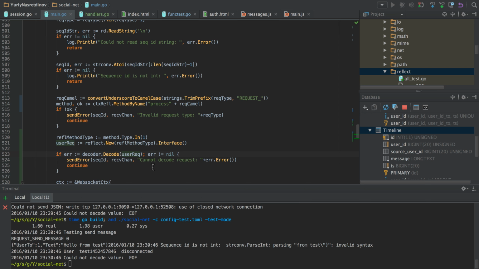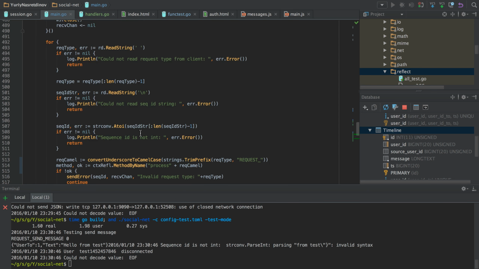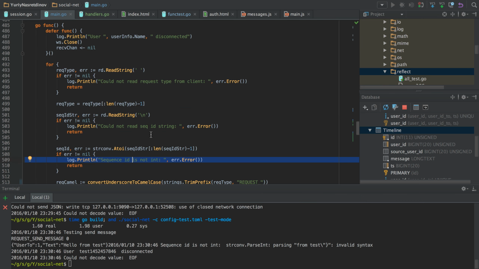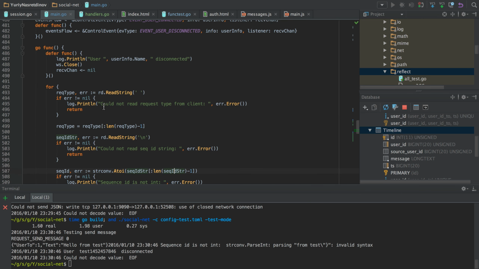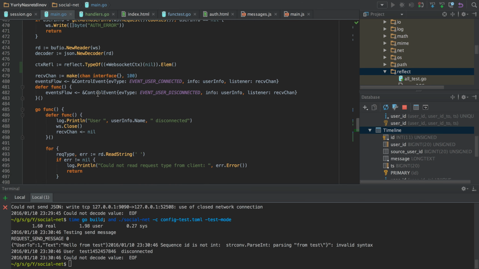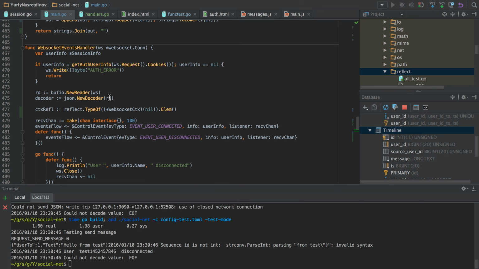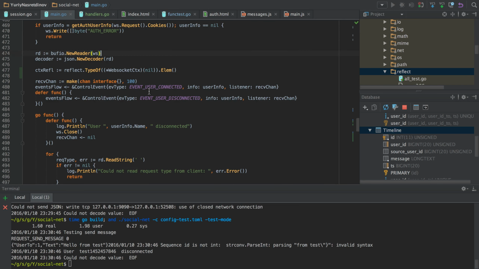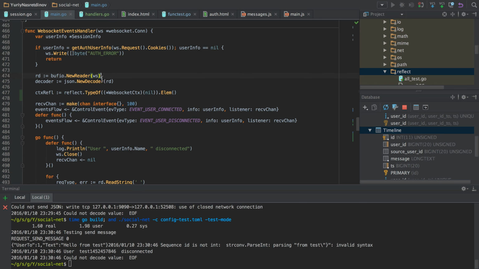So we need to find the reason for that, and there could be plenty of reasons why it could happen. But we can see that sequence ID is not int is returned only in one place that I highlighted, and we could do something else.